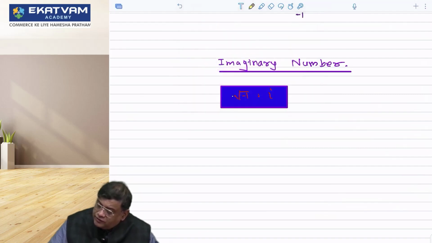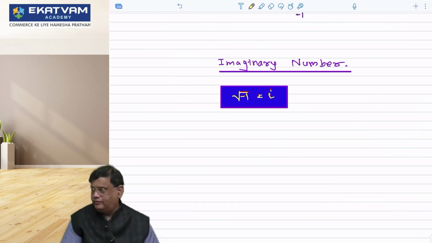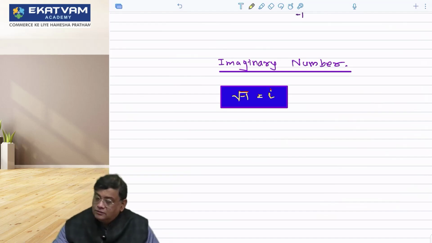What is the basic definition? Square root of -1 is i. That's the very basic definition of imaginary number. Root of -1 is i. If that is true,